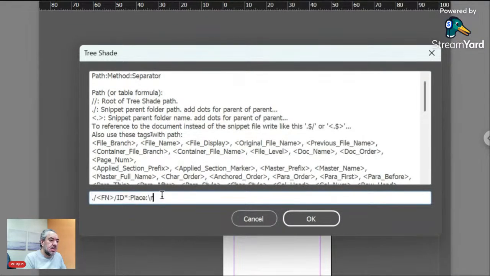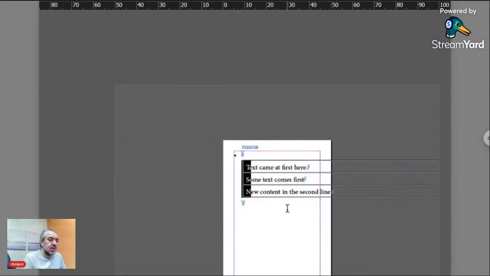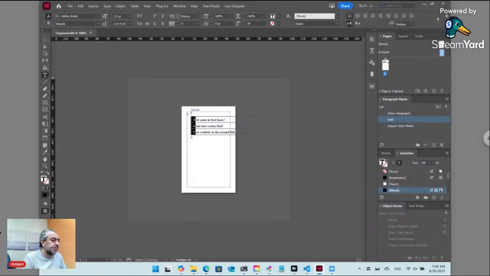Here you can write cells as separator, and this character to make the cells vertical. Okay. Now I have the cells in vertical form. I can change the width of the table